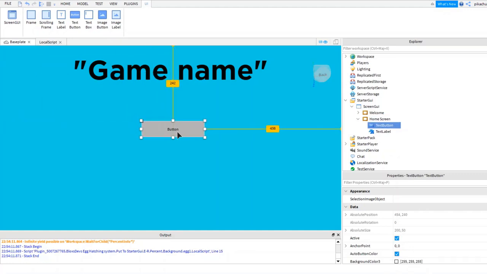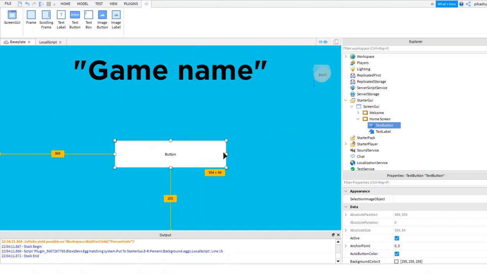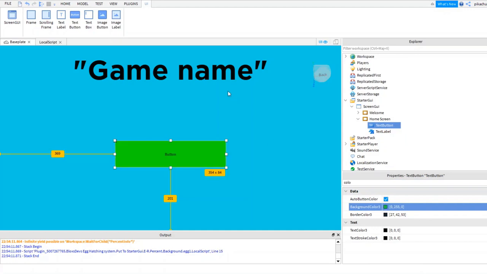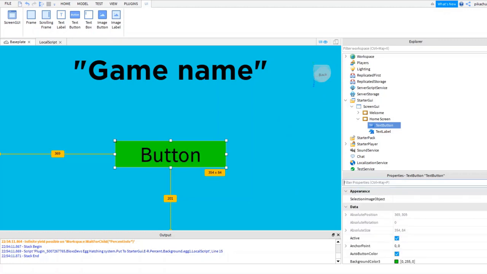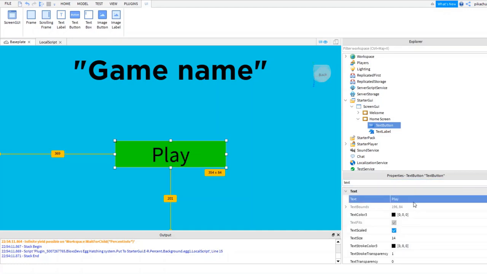Okay, so what we're gonna do, we're gonna go over and add another text button, which is gonna be the play button, which is really important. So what we're gonna do here is change the color to something like green, change the text to be scaled, and change the text itself obviously to be play.